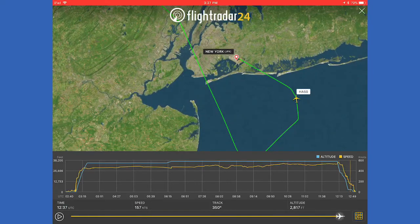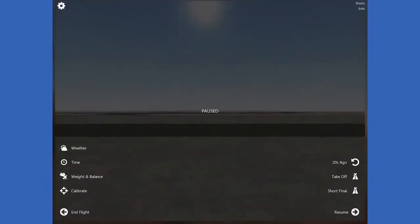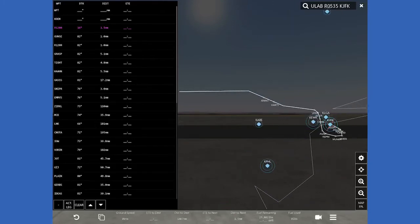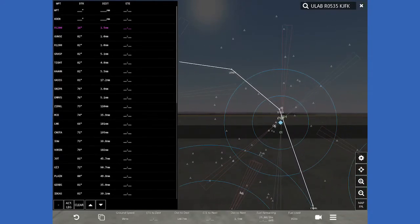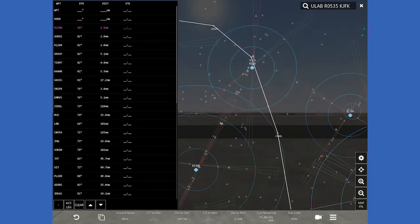And then you keep on trucking right on around for runway 31, right? So with that being said, let's go on back into the sim. I'm going to plan at Lendy to be at 19,000. So we've got the simulated vectors here where we come into Lendy, we'll be at 19,000, and we simulate ATC